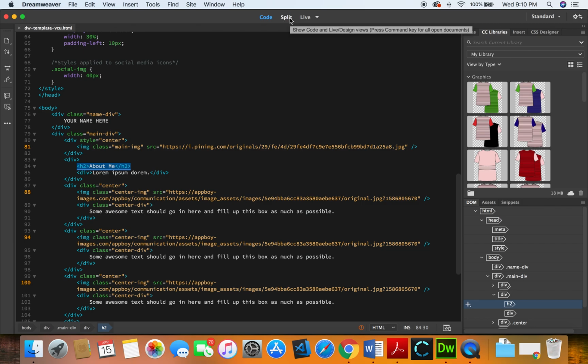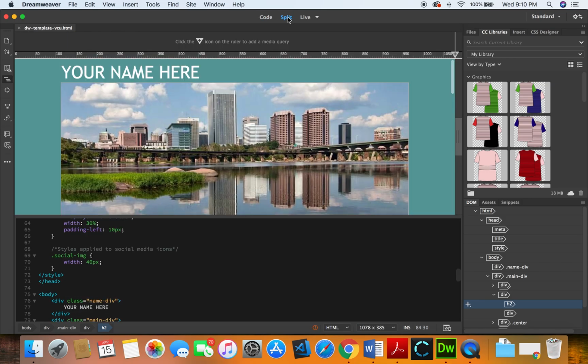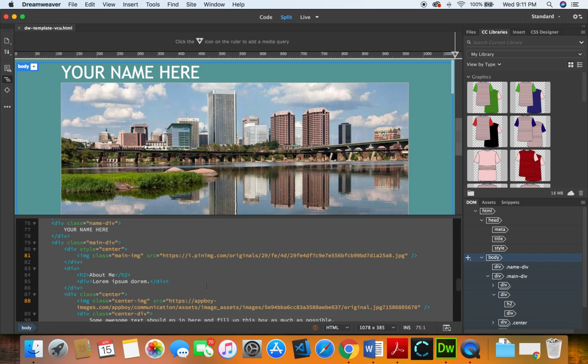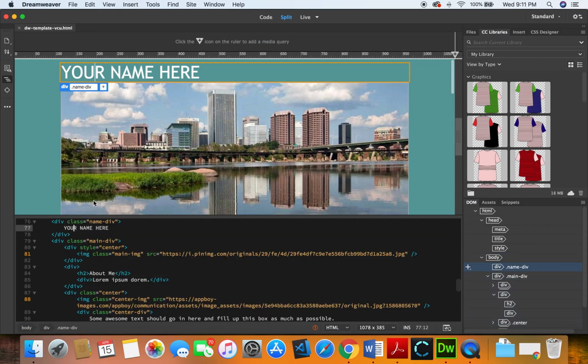All right, so let's start making some changes to the email, okay? I'm going to change back to a split view. And again, remember, you can click on certain pieces in the email and it's going to help you figure out where it is. I clicked and it recognized it as the body initially, so it highlighted the entire body section. I clicked in again to get more directly on your name here, and you see that it places me here